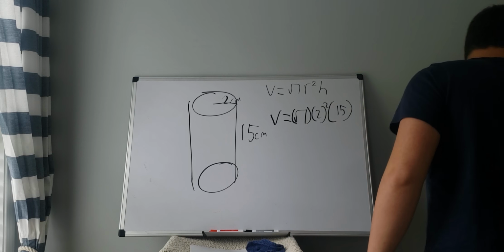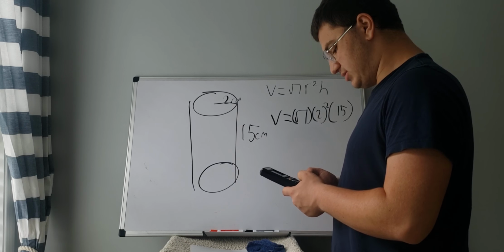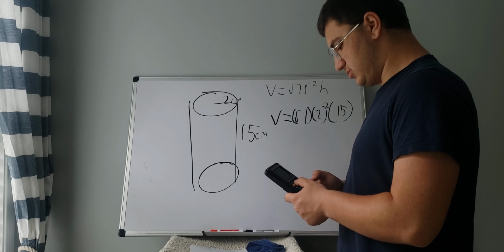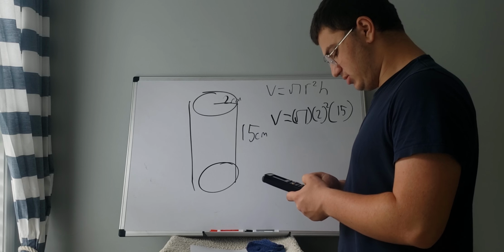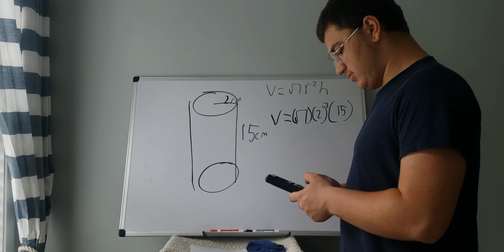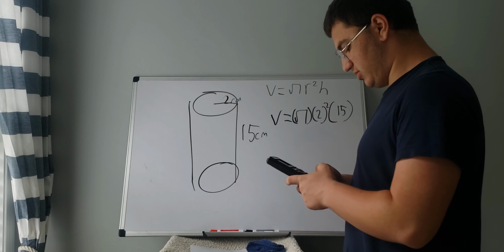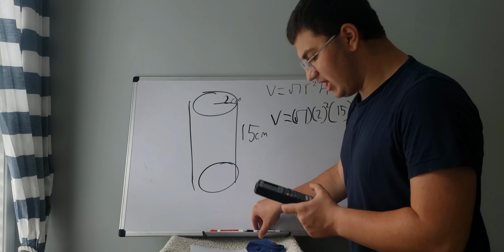Let's use our calculator again to get accurate results. Pi times 4 times 15 gives us